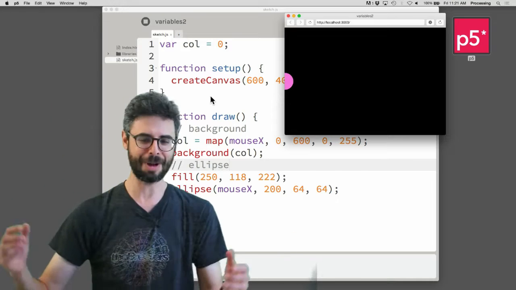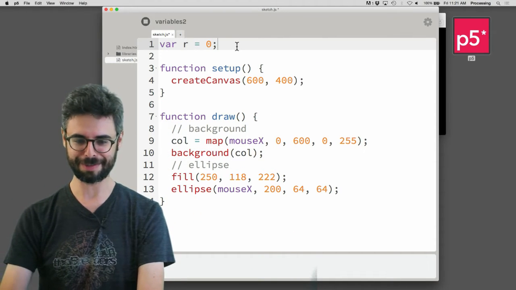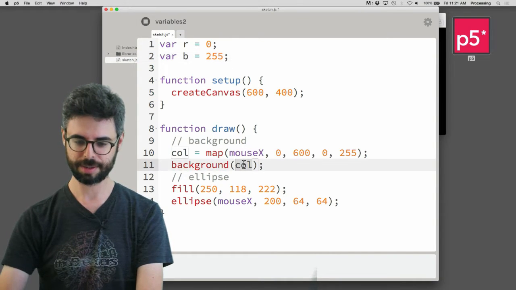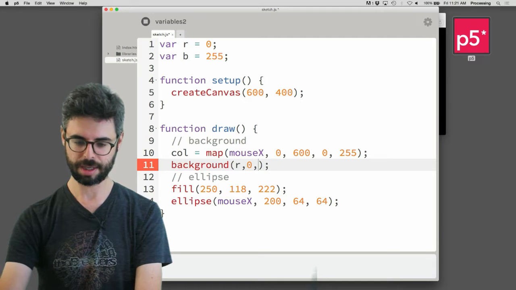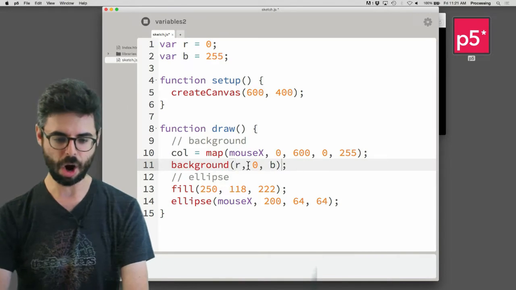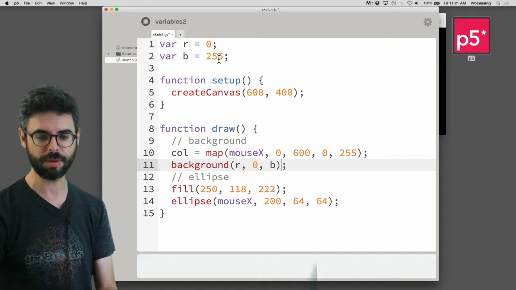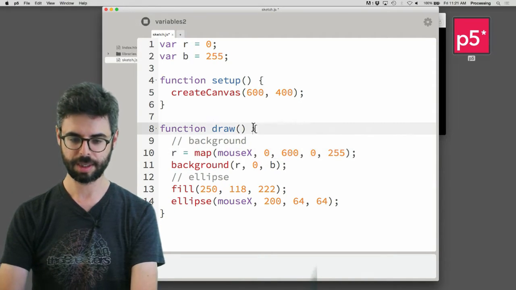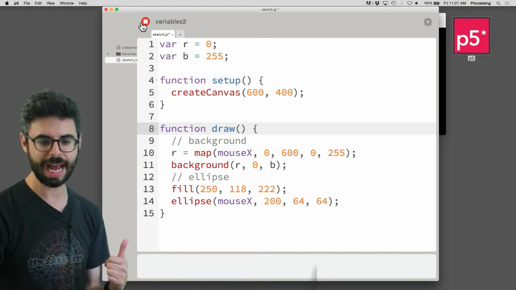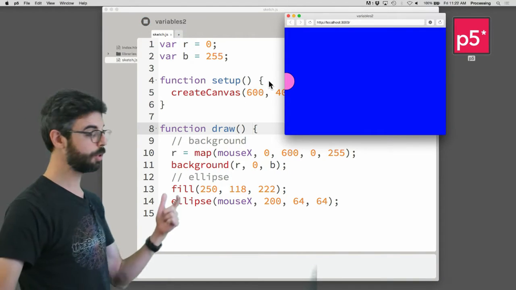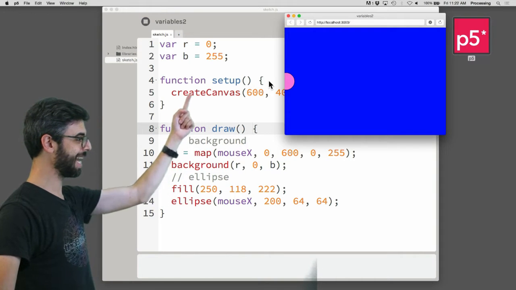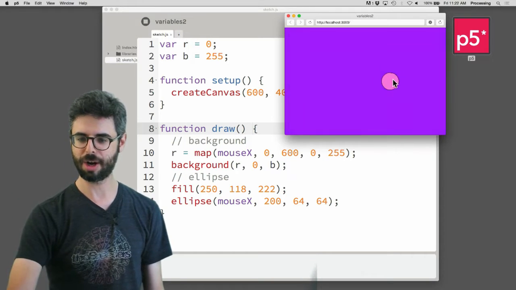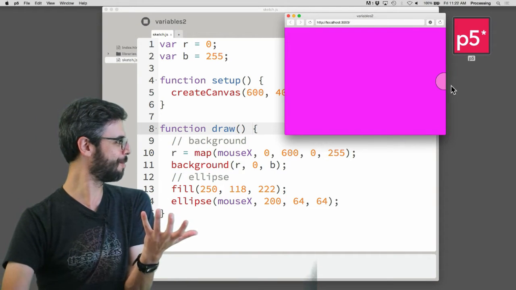Let's have a little more fun with this. Fun is all relative, of course. Let's give ourselves 2 more variables. So I'm going to make a variable r and b, r for red, b for blue. And what I'm going to do is I'm going to set the red value equal to that mapping. So you can see now, blue is at 255, red is at 0, and red, r, is getting that mapping with mouseX. So as I move to the right, I get more pink and purple,